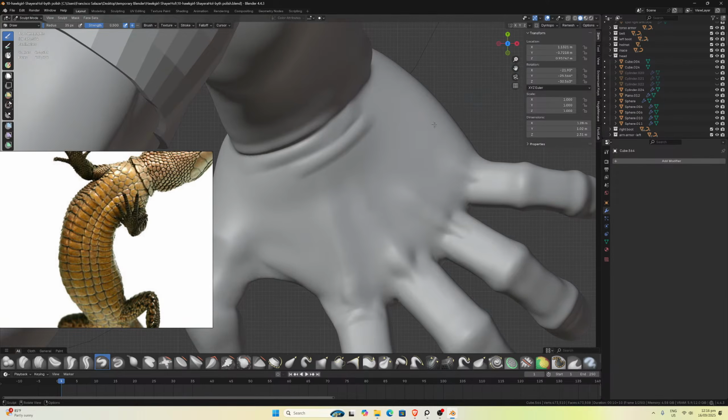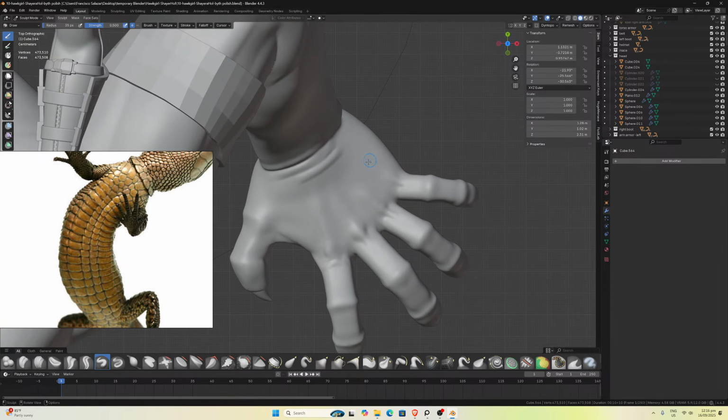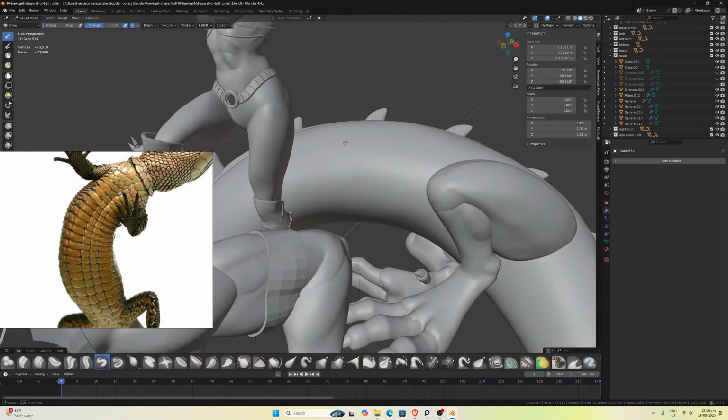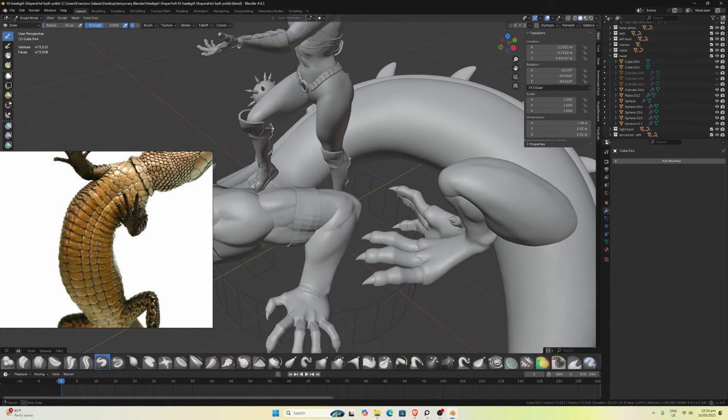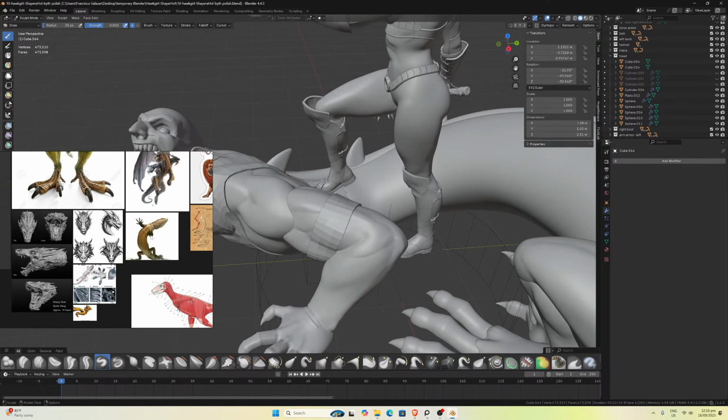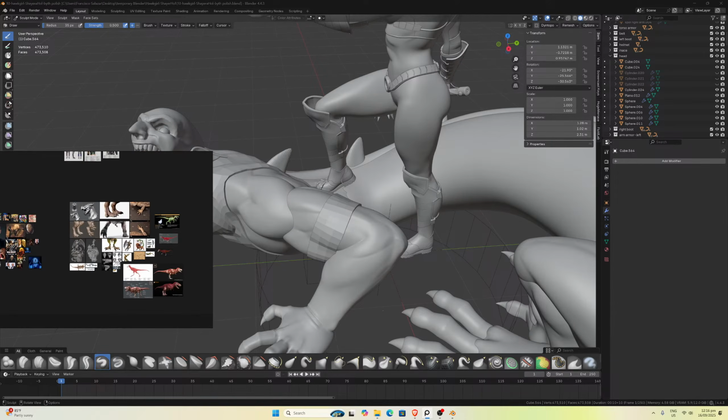Okay, so right now we are working on this hand. I'm going to leave it maybe like this, enough details for now. Later, of course, I'm going to add more details. Let me see here if I have like